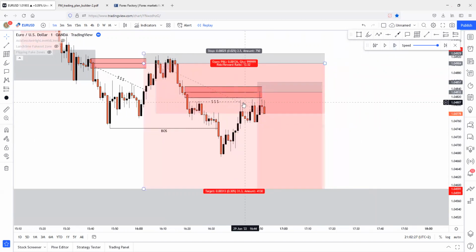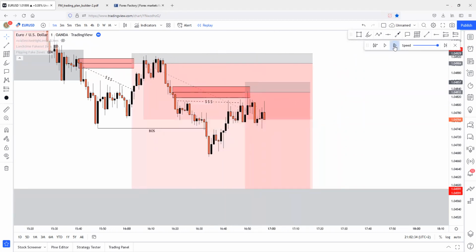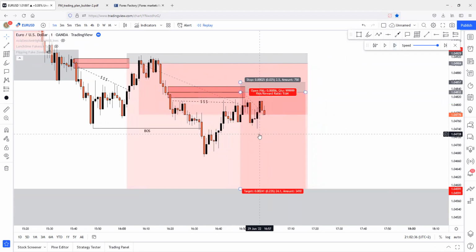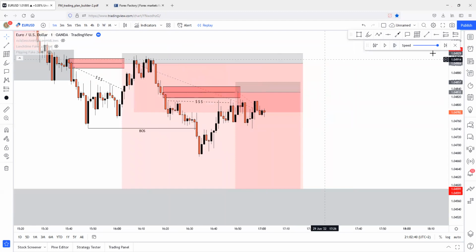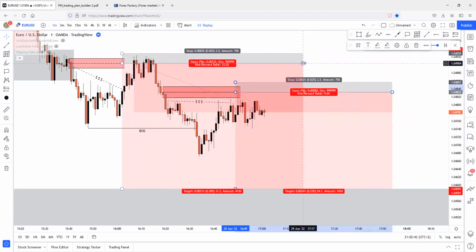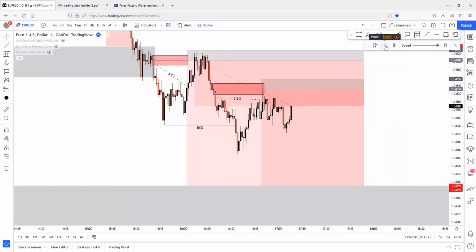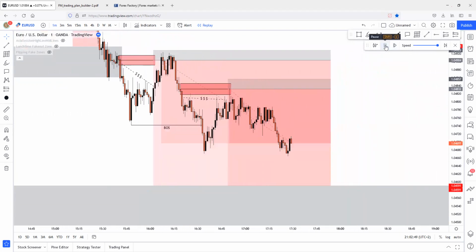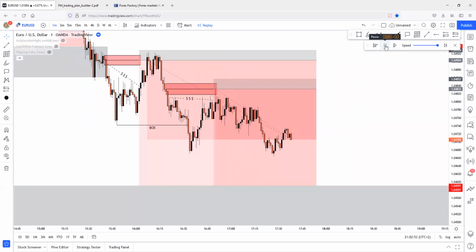There was more liquidity, and all of the liquidity, triple taps, have been swept into the supply zone, 50%, and more likely there will be a continuation and session close. Yeah, the session has closed here. Let me just play price forward to see if it will hit the TPs. As I remember well, it will hit my TP. But as I remember well, there was an entry opportunity after the session too.